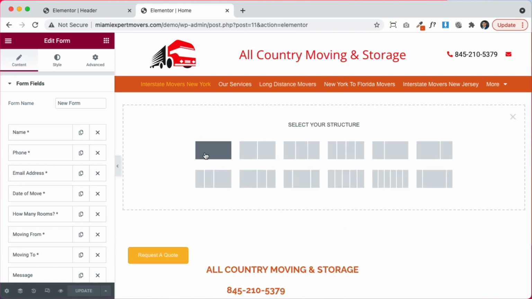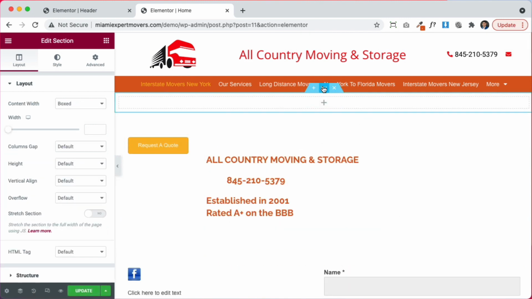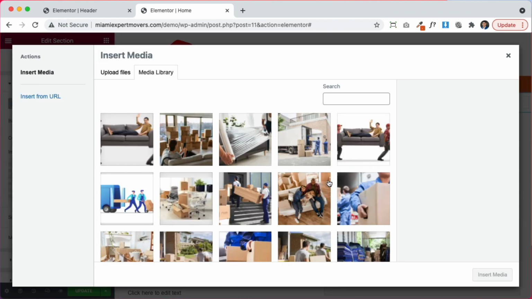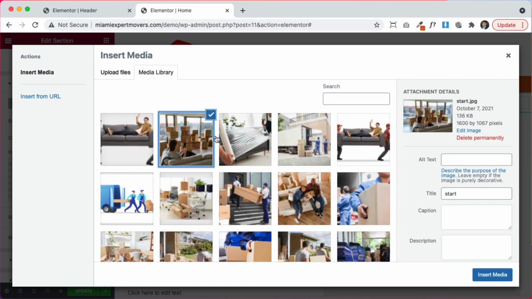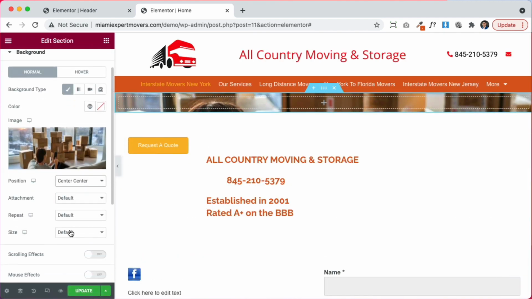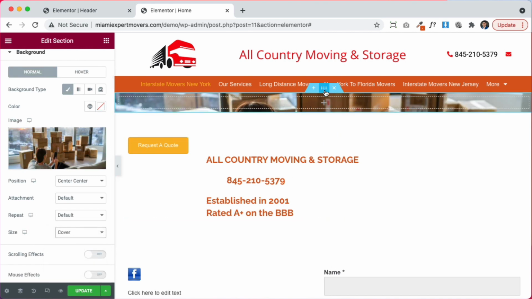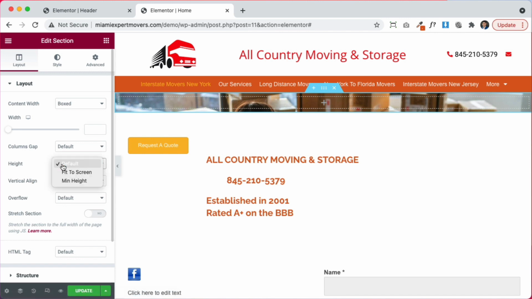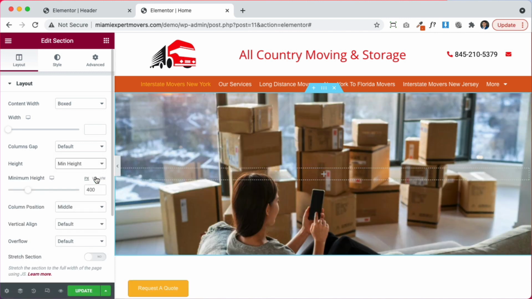And the first thing we're going to do is add a background image to really make it pop. So let's add a background image here. And I have a few here that are good. Let's try this one. And we'll set that image to be centered and to be cover size so that it fits well. And let's set up a height for this column. So height, minimum height, VH,